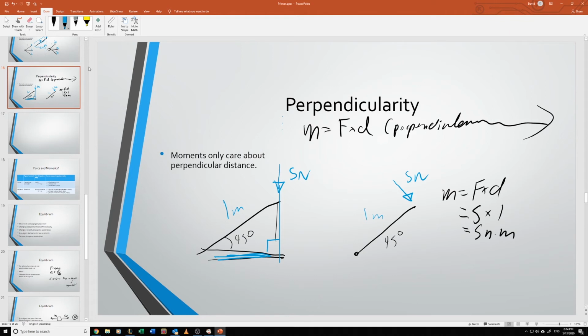So that's cos actually. So cos 45 equals whatever distance that is. So let's just call that distance x over 1. So we're saying our x is going to equal 1 times cos 45. So x is going to equal 0.707. So our moment for this one over here, moment equals force times distance, is going to equal, sorry, not 1, 5 times 0.707, so it's going to equal